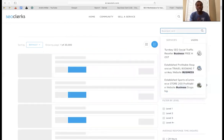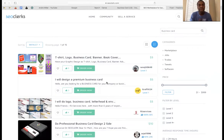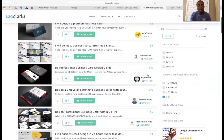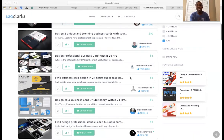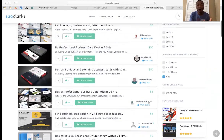Type in business card, and you're going to see people are willing to pay you $5. So every time somebody signs up, you're going to get paid anywhere from like $10. I guess it's $10. There's like $5 services, there's $4 services, there's $5 services. But we want to go for the 10, because you don't want to underpay yourself, because this company, they're going